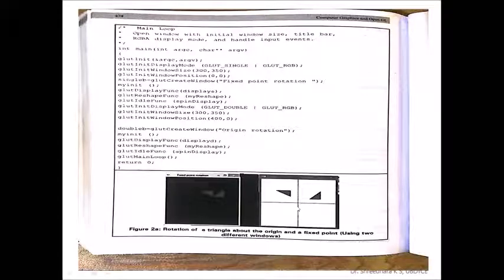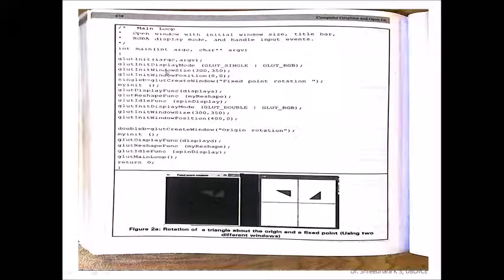With respect to origin, you are demonstrating this program. The name of the window will be origin rotation. Now display my reshape function, select idle function, and make your event-driven program. Like that, you can create any number of windows on your output screen, but you should have control over all these things.